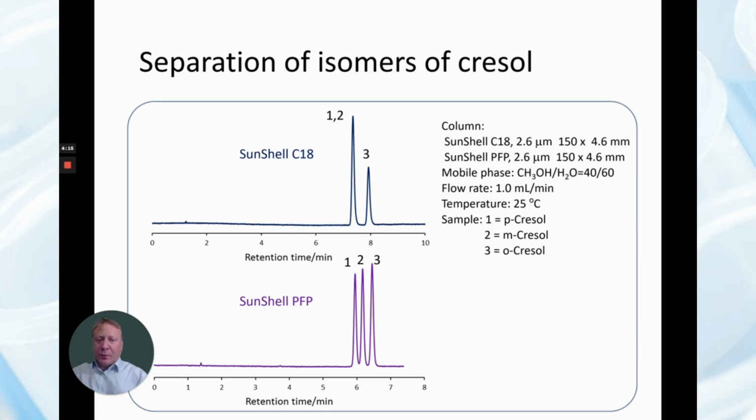So what about separation of isomers of cresol? On this slide, again, we're looking at SunShell C18 as well as the SunShell PFP columns, with a mobile phase of methanol and water as well. At the top, you can see that the SunShell C18 is able to separate the ortho cresol, but not as much the para and the meta cresol. On the bottom, you can see the SunShell PFP column, and that is able to separate the para cresol, the meta cresol, and the ortho